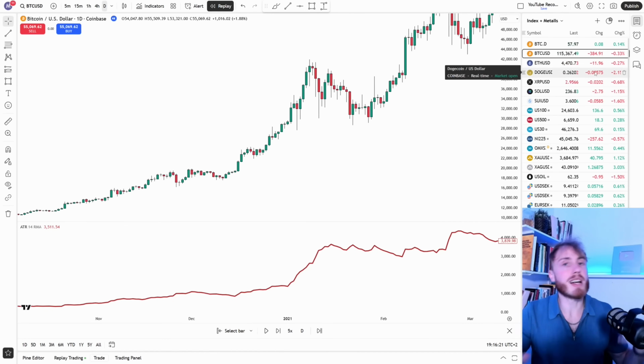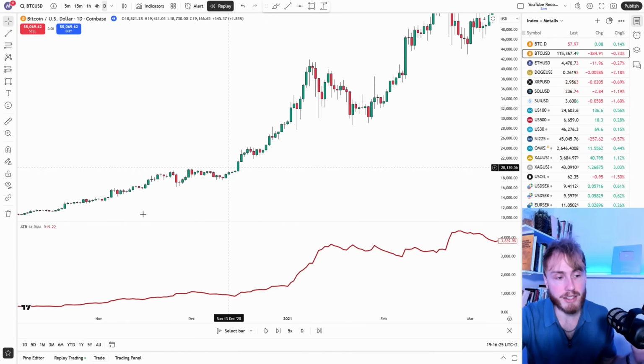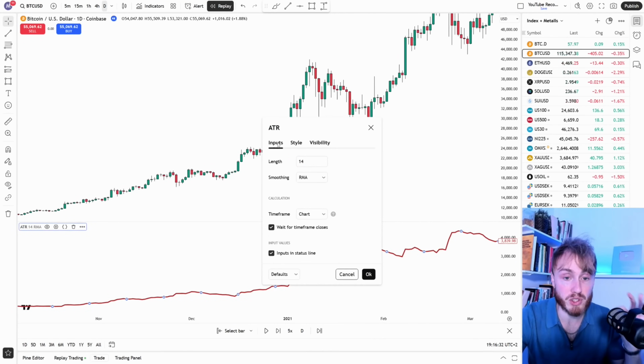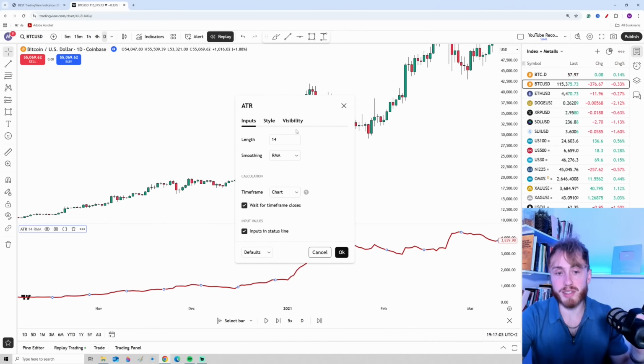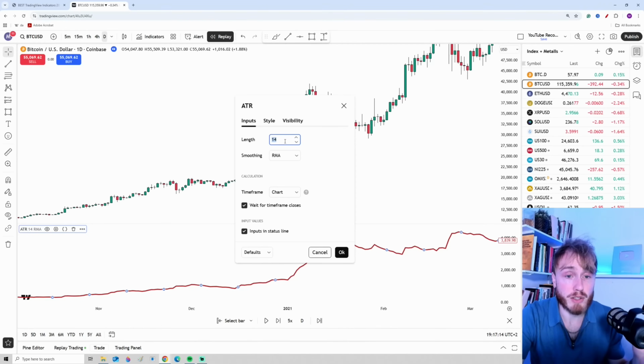But now guys, let's take a look at how we can potentially change the settings to make better decisions. And to change the settings, we go here to where it says settings down here, and then we want to navigate to the inputs tab. And here we have a few settings we can change. The most important setting, I would say, is the length setting. And this is how many candles the ATR indicator uses to make its calculations. So for example, if we have 14 right here, it means that the ATR uses 14 candles to calculate the